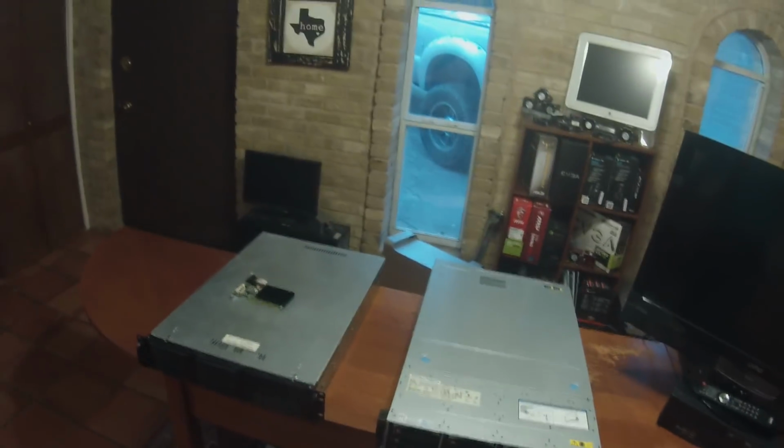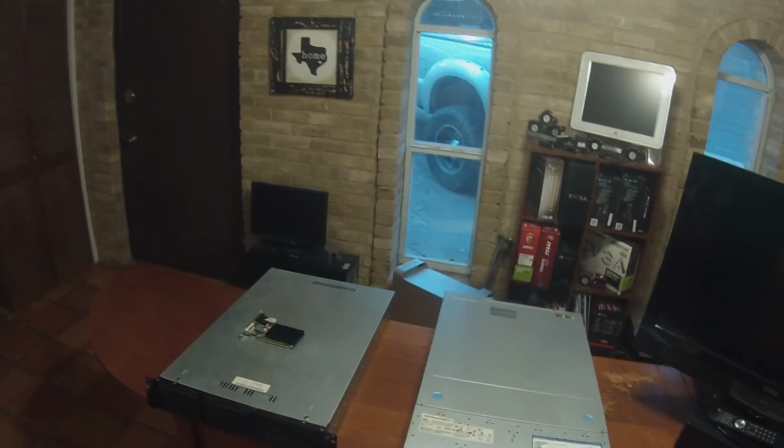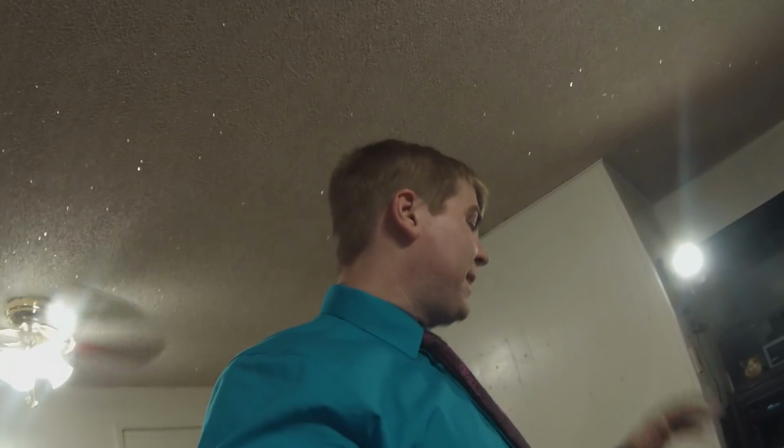Because those SANs actually have 20 drives that I believe are 300 gig 15K. And then I've got 4 down on the bottom that are actually 2 terabyte, 7200 RPM down at the bottom. So I've got 4 of those, and if I put those 4 with the 8 in here, I will have 12 2 terabyte drives, and I'm probably going to RAID 10 them. I'm not sure yet. I'll figure it out when it comes to that point,